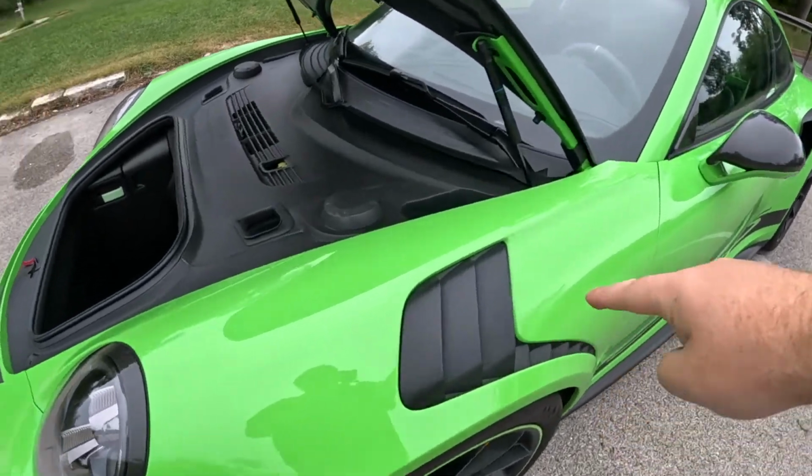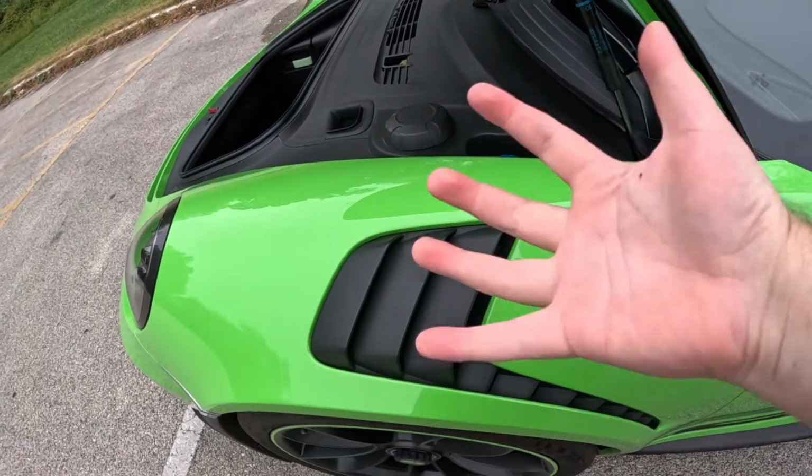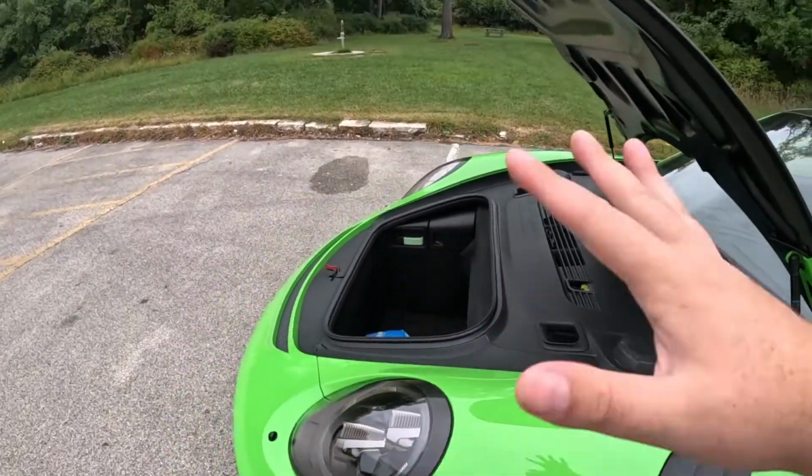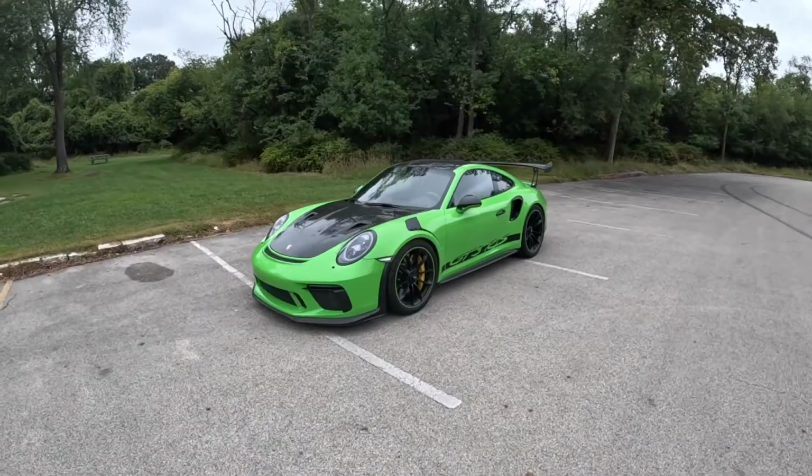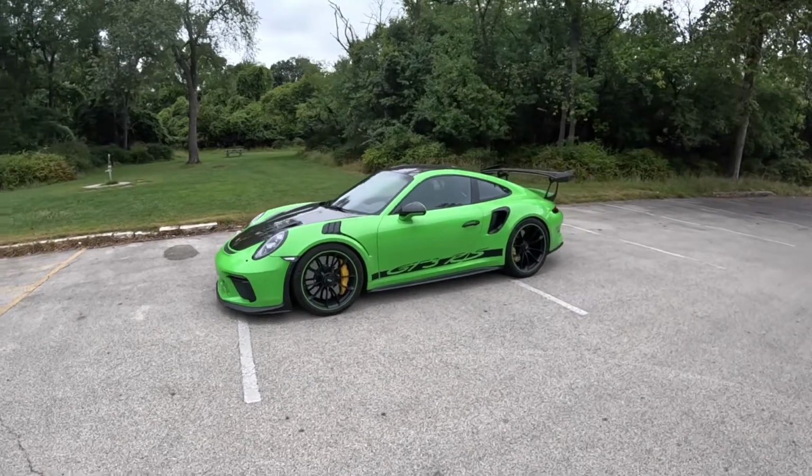Love that. These vents also pull stuck air out so the front end doesn't lift up. I'm getting ahead of myself. Here's the cargo space. Now we got to talk about the looks, and of course the first thing you'll notice